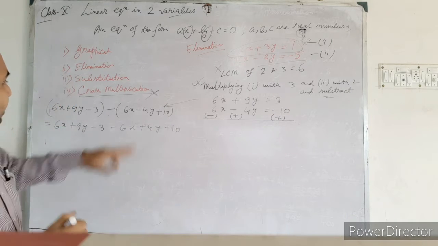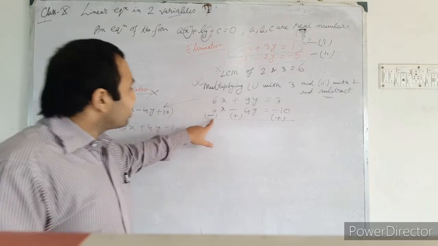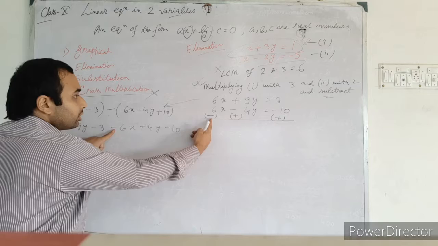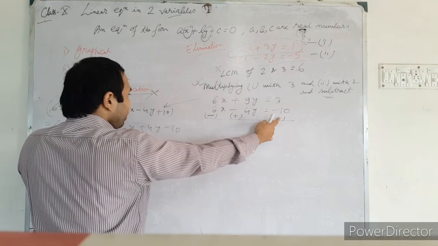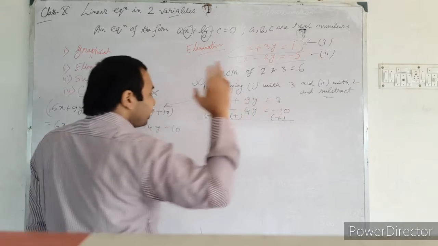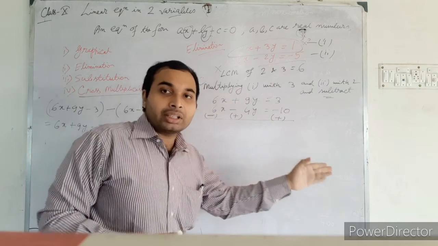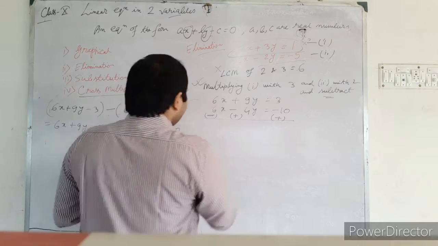So here just see the signs have been changed. That's why I am saying that here also you have to change the signs. Just see, here minus, here also minus, here plus, here also plus, and here it is minus, here it is plus. Why is it coming? Because we have taken this to the left hand side. If it was at the right hand side, then obviously it would be equal. Okay, so whatever, leave it.